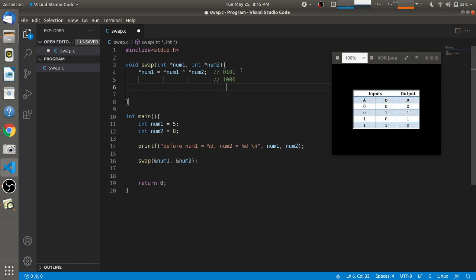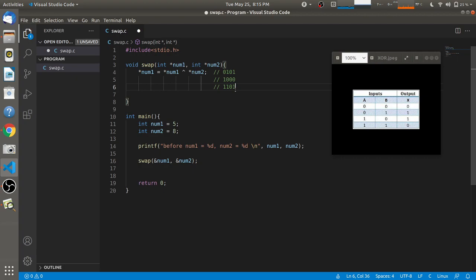So whatever happens in the XOR operation is here. Whenever both the numbers are 0, the output will be 0. When one of the numbers is 1, the output is 1. So in both the middle cases, that is 01 or 10, the output is 1. And whenever both the numbers are the same, the output is 0. So we have to do that operation here: 0 1 is 1, 1 0 is 1, 0 0 is 0, and 1 0 is 1.